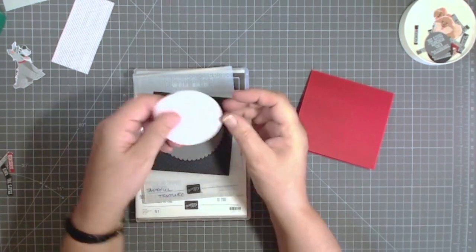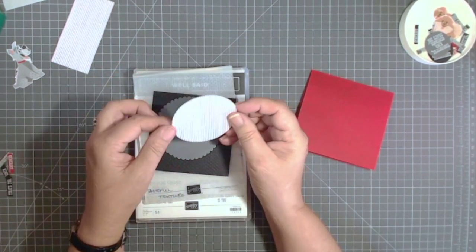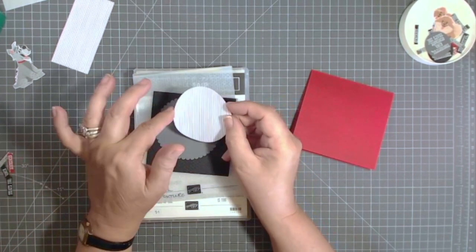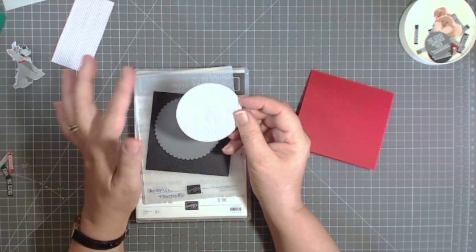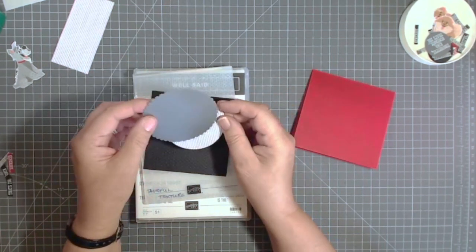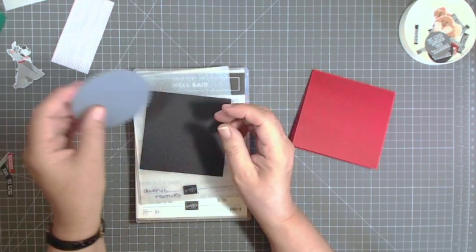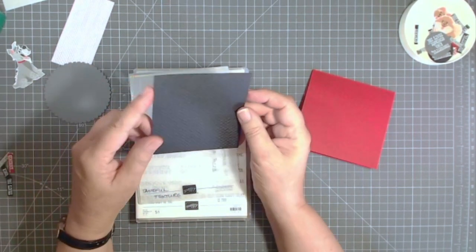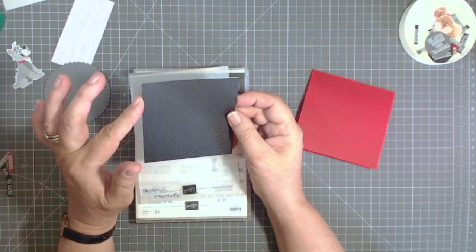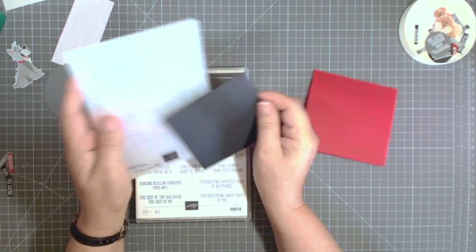I've die cut a circle out of that designer series paper. I've used the layering circles dies, and I didn't use the largest smooth edge, I used the next largest, and I cut the largest scallop circle out in basic grey. I've got a 3 3/4 inch square of basic black, and I have run it through my Big Shot with the